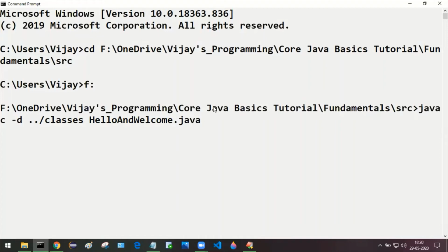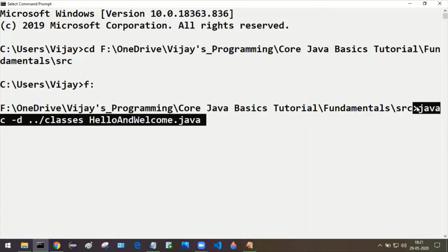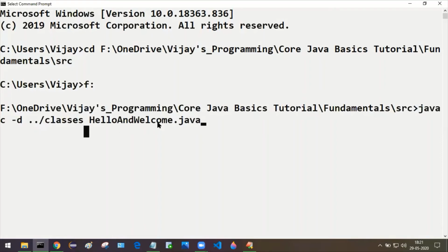After successful compilation of this hello and welcome dot java file, the generated dot class file should be kept inside this classes folder. That is the intention of this command: javac space -d space double dot classes hello and welcome dot java.